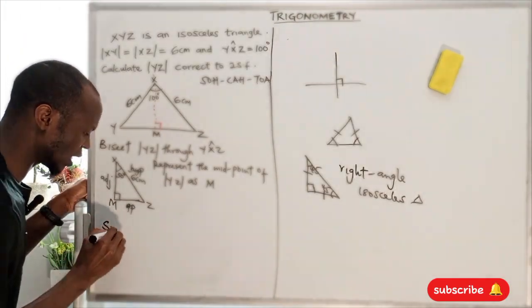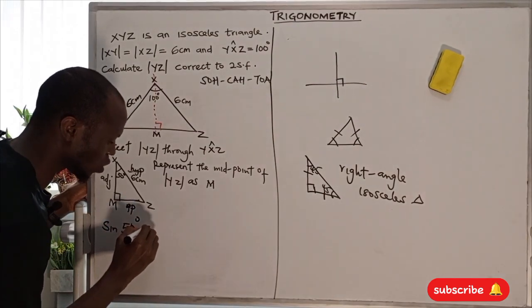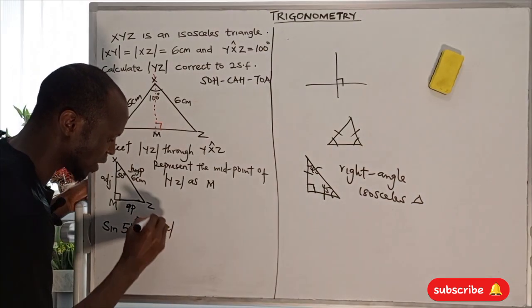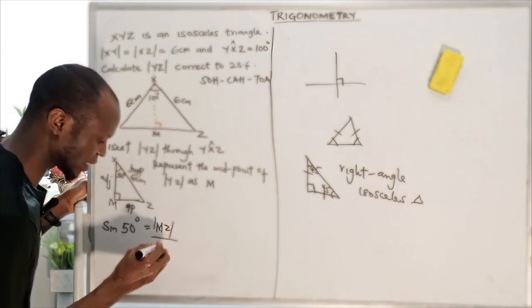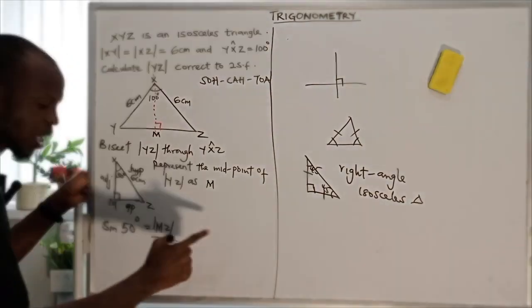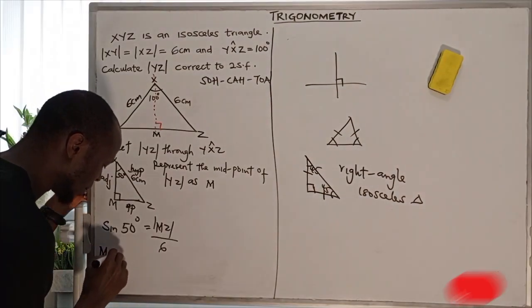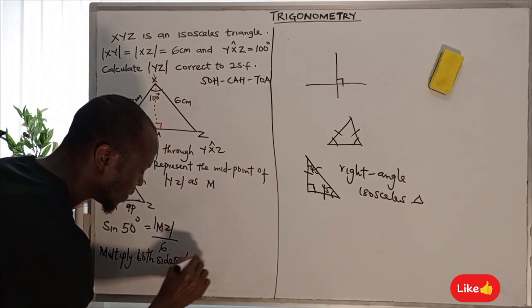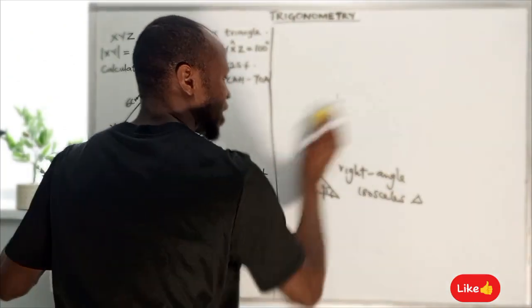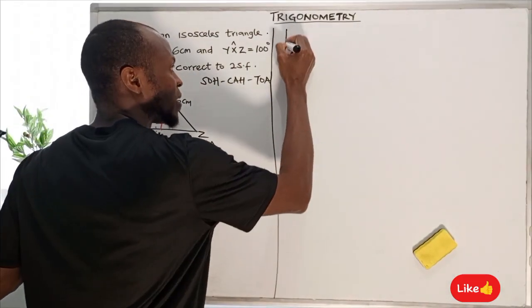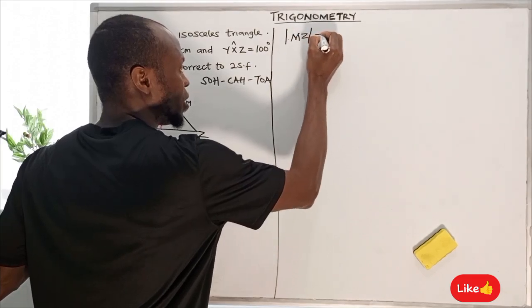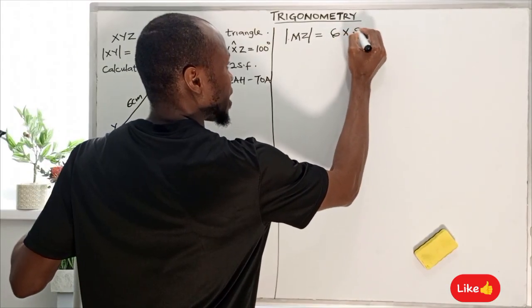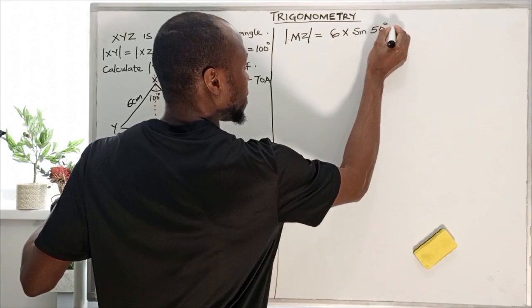So sine of my angle, which is sine 50 degrees, equals my opposite, which is line MZ over line XZ, which is 6 centimeters. I put my values. Okay? If I multiply both sides by 6, automatically I have my line MZ to be equal to 6 multiplied by sine 50 degrees. Okay? So my MZ